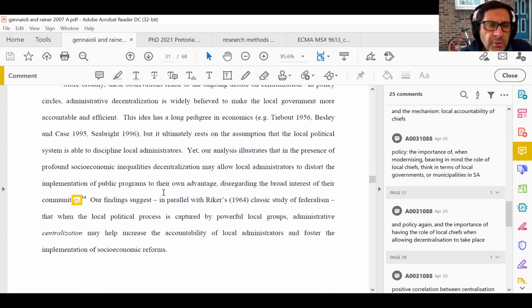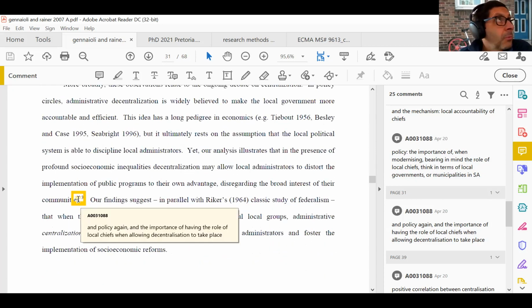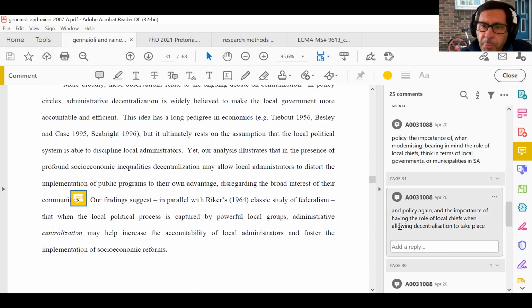What else did I find interesting in this paper? Let me see what time it is. Okay, we are doing well. And on policy again, the importance of the role of local chiefs, now allowing decentralization to take place. We have to be very careful, folks, about implementing particular policies across the board, because we have to take into consideration the existence or non-existence of local chiefs in particular areas when implementing modernization programs such as provision of education and health